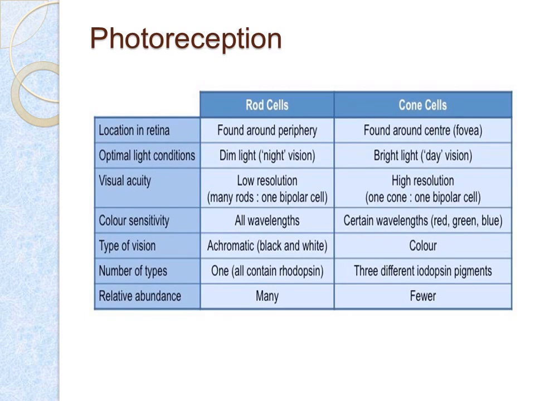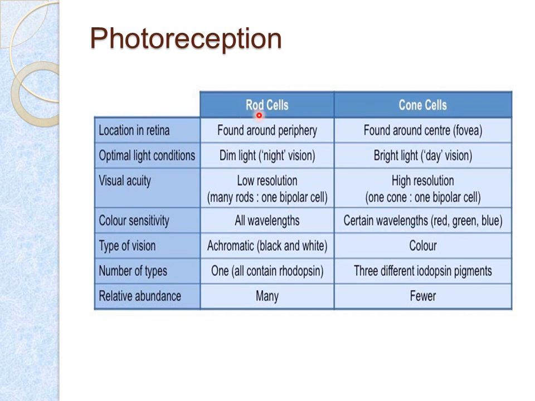Now in this slide we will discuss the comparison between rod and cone cells. In the previous slide we already discussed how these photoreceptors work, though the detailed mechanism of their working is not in your syllabus. So we have just gone through it: we know that some chemical changes are happening in the rods and cones, and impulses are being taken through the optic nerve to our cerebrum to create a visual impact.